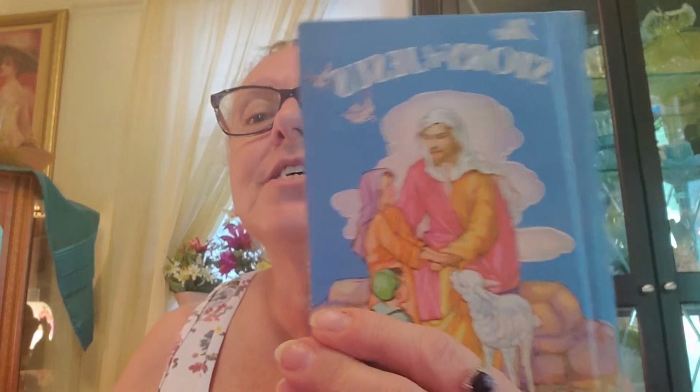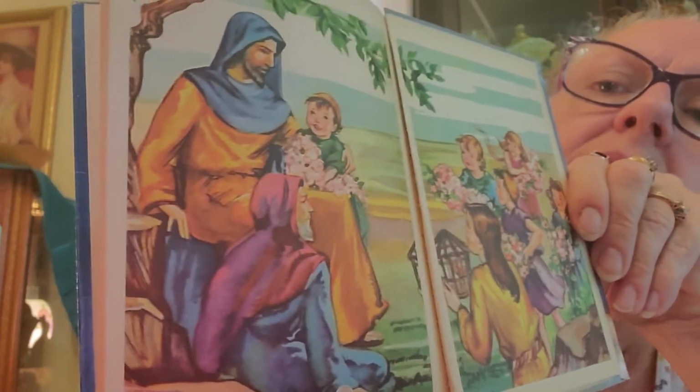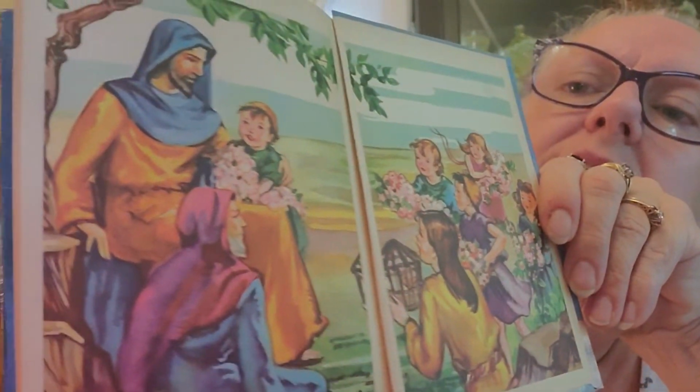Okay, the story of Jesus. And Rand McNally. Oh, look at the illustrations in this. Isn't that pretty? When it said, "Bring the little children." I love it. Let's see. Gloria Glover was the storyteller, and the illustrator was Priscilla Pointer. And this was, let's see,